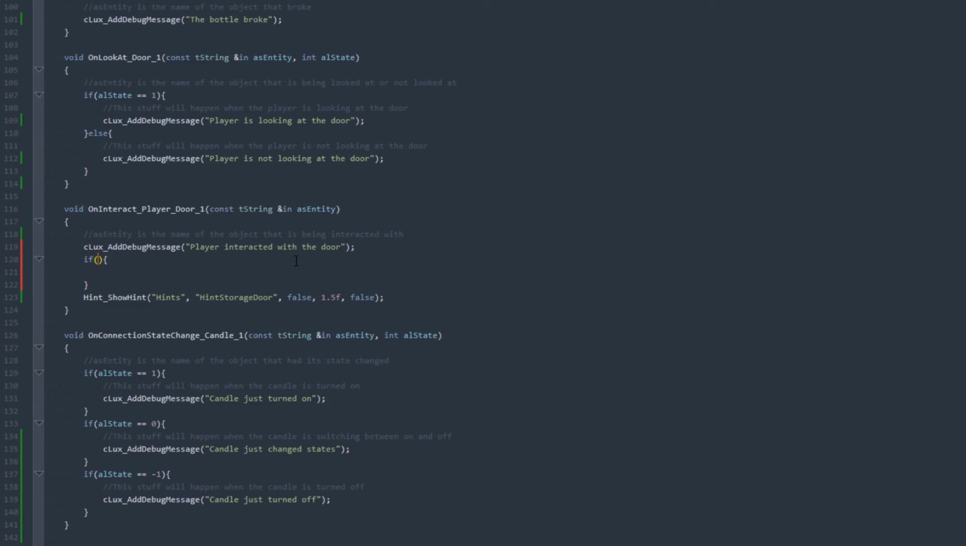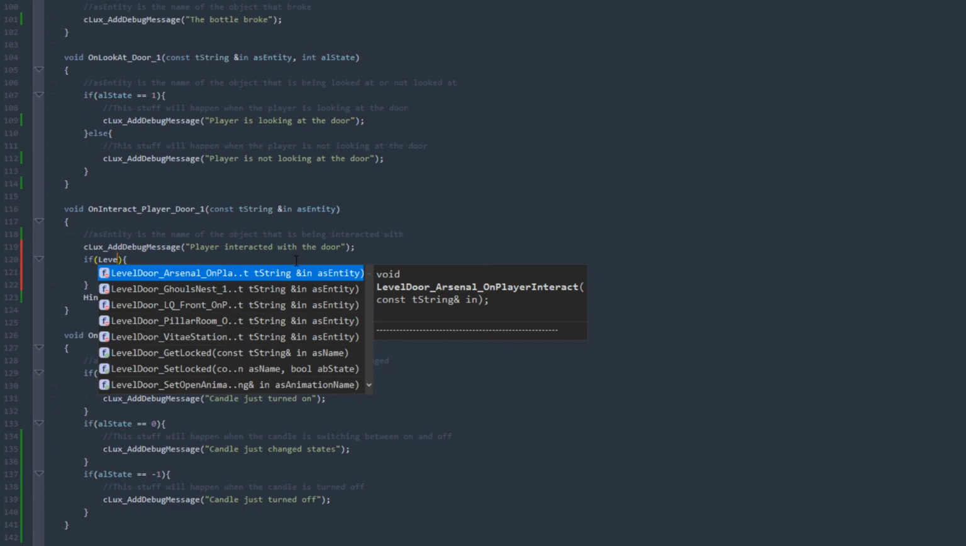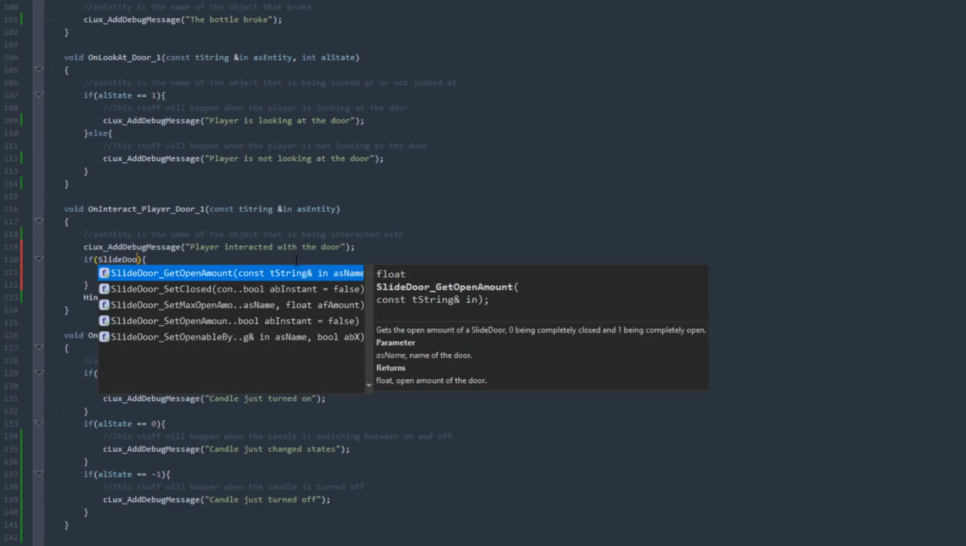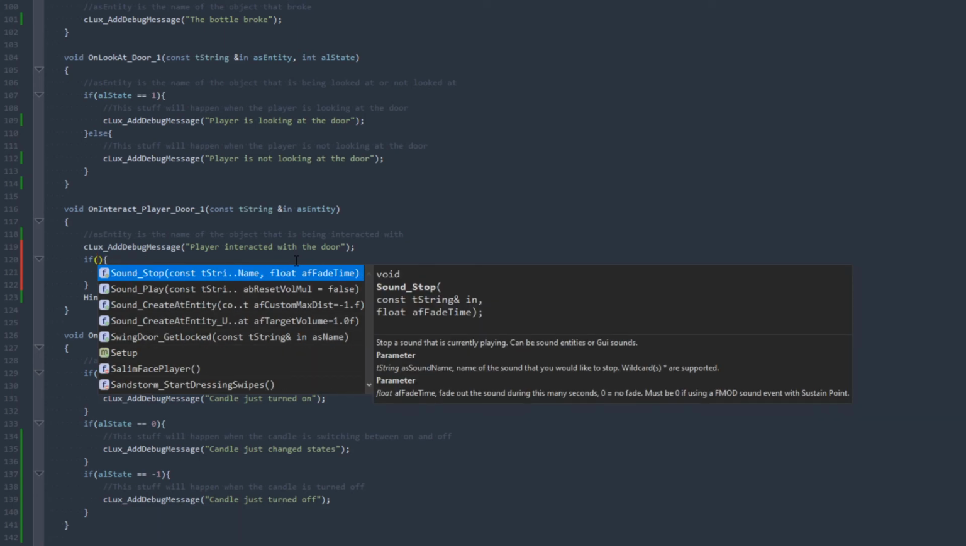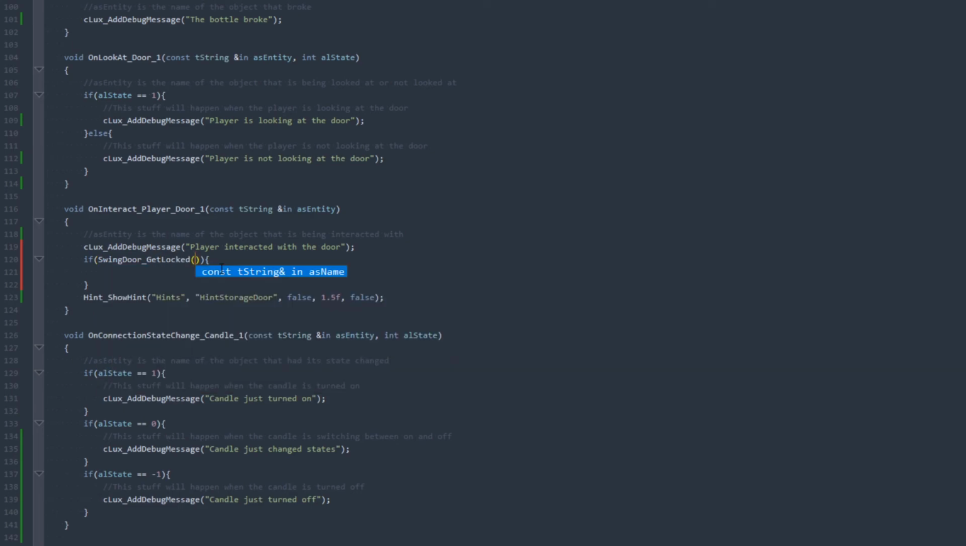And we're going to say if swing door, and there's different categories for doors. So if it was a level door, for example, you would do level door, and I think there's slide doors too. Yeah, slide door. So just know what type of door you're working with. We're doing swing door here, so we're going to do swing door, and then underscore get locked. You should see it already come up right off the bat, so we'll hit tab here, and all it needs is the name